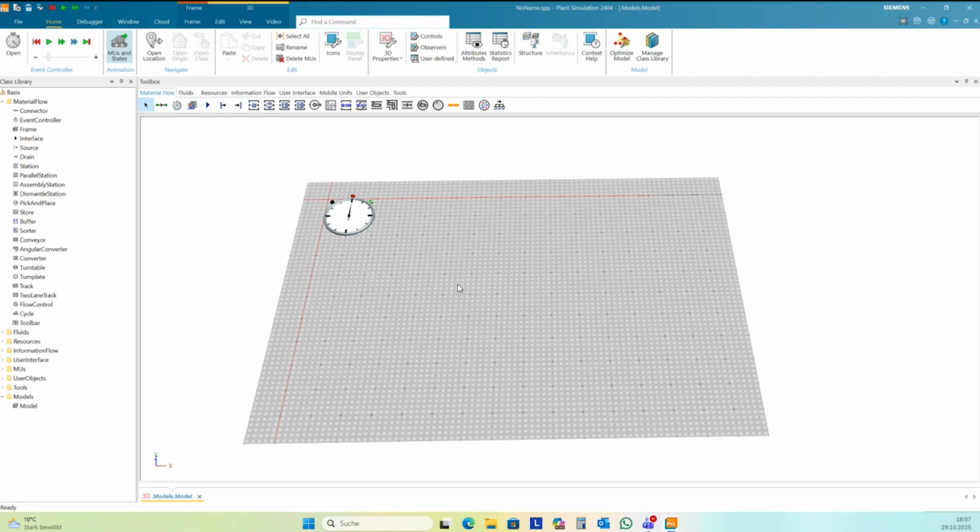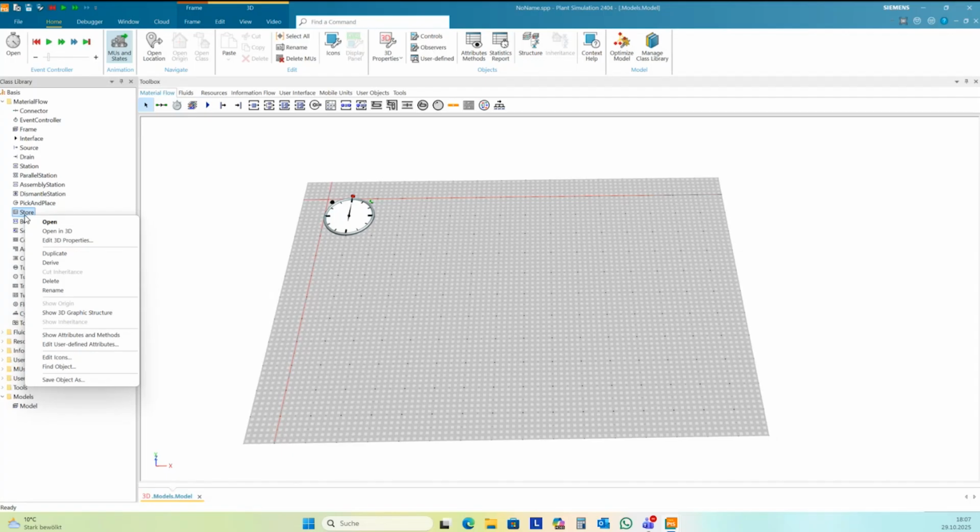The arms I want to model as containers, and then we need one building block to model the base of the robot. In this case, I want to use the store for the base of the robot.